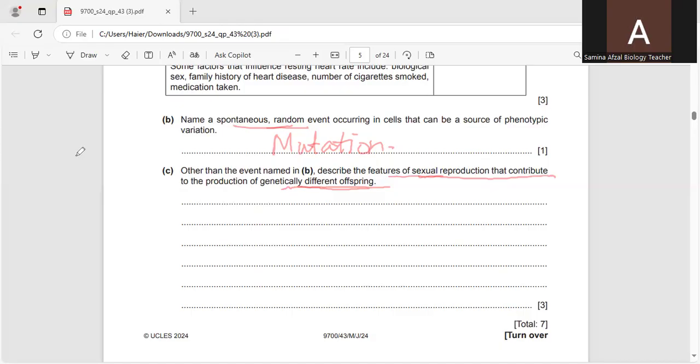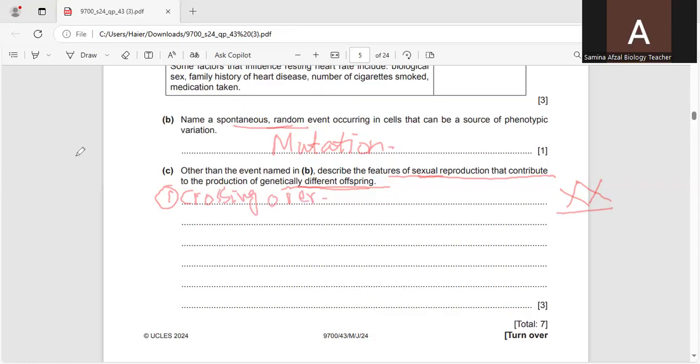First of all, the variations start in the prophase one of meiosis, in which the homologous chromosomes come close to each other and exchange their parts. So, first of all, I would like to write crossing over,